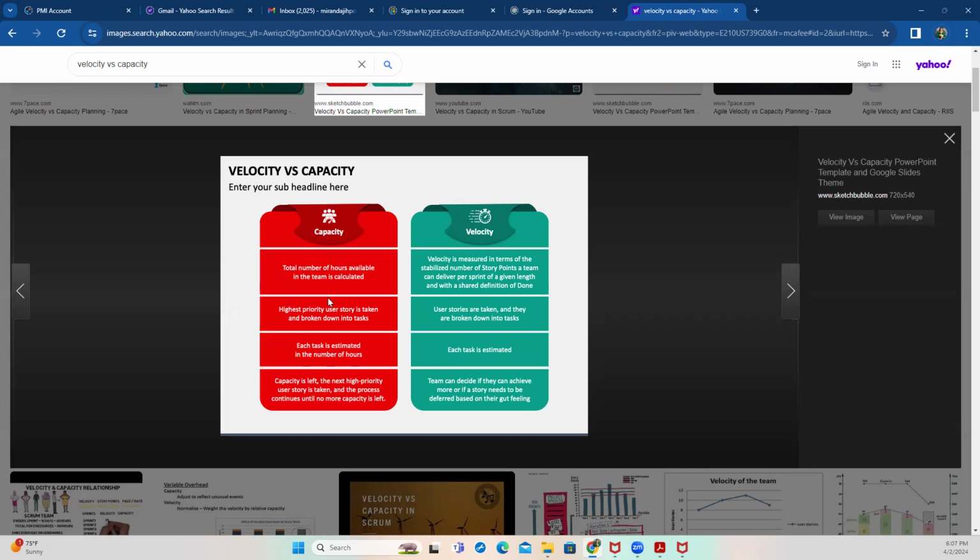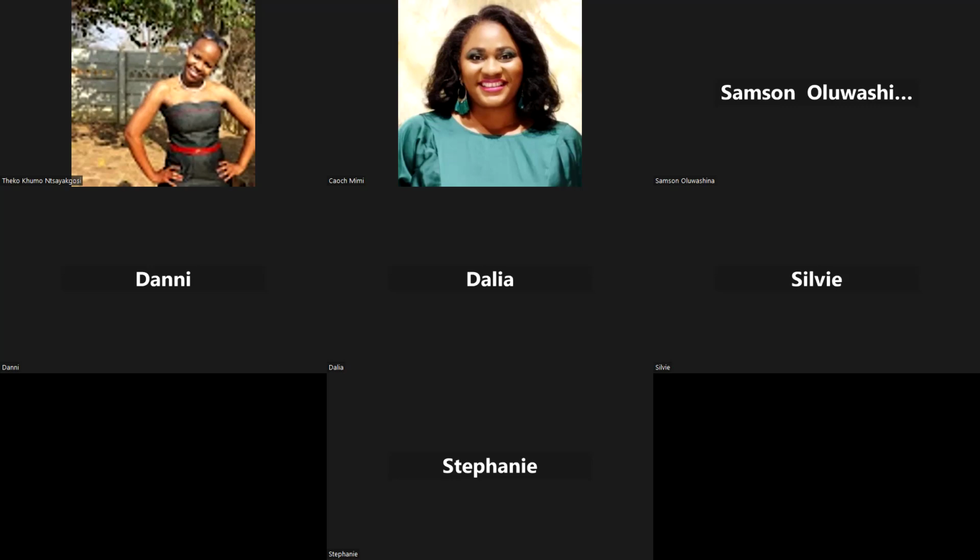That's how they go about their capacity. And then for their velocity, they can focus on each task is estimated, right? Whereas another team will have to do all of what you are seeing here. They'll do the total number of hours, they'll do highest priority, each task is estimated, capacity is left, and all of that. Another team will just pick one and they focus on it and they do it. Whatever works best for your team, that is what you want to focus on doing.